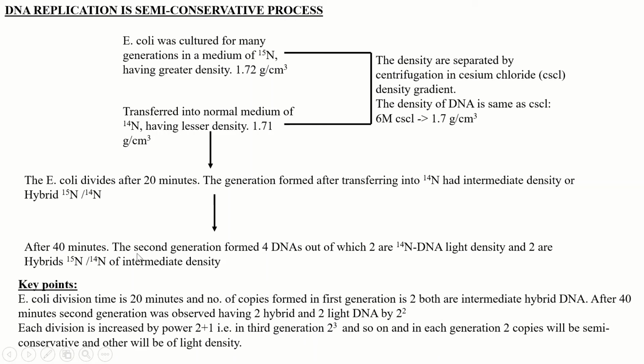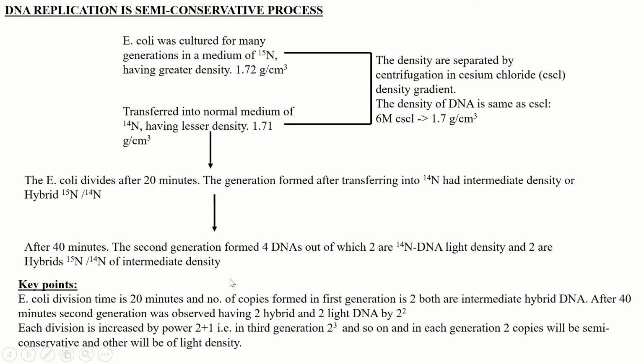Now after 40 minutes, when the second generation was formed, it was observed that 4 DNAs are formed, out of which 2 are of 14 nitrogen, which is having a light density, and 2 are hybrid, that is